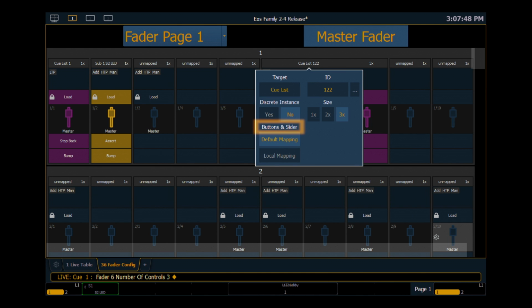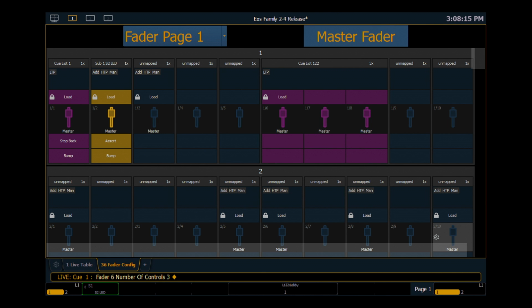And then finally, the button and slider configuration button allows you to select whether you're going to use the default mapping of that content, which we'll look at in some list views in a moment, or if you're going to have local mapping, which will only change on this instance of this cue list. So now that we've got some content mapped, we can do a couple of things with the faders and the